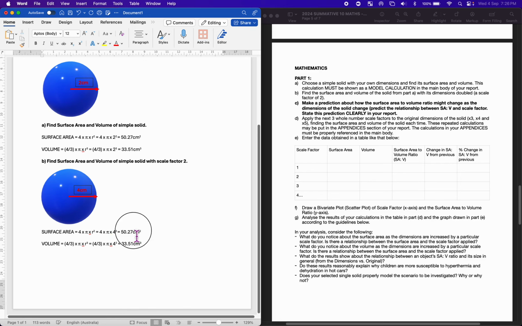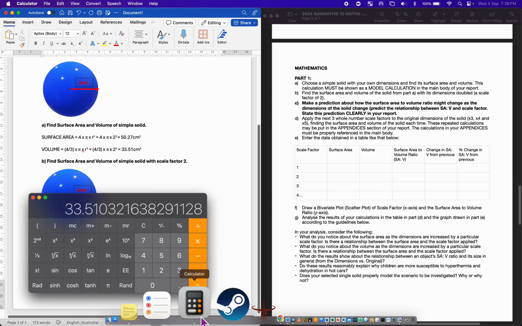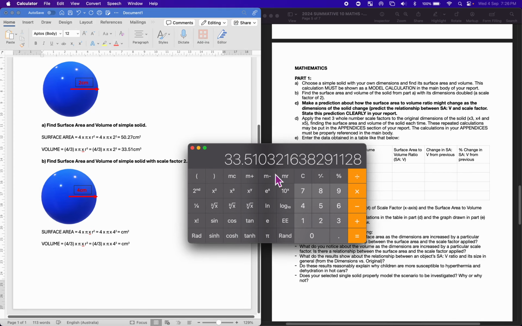These will be different. Four cubed. So now let's find the surface area. 4 squared times pi times 4,